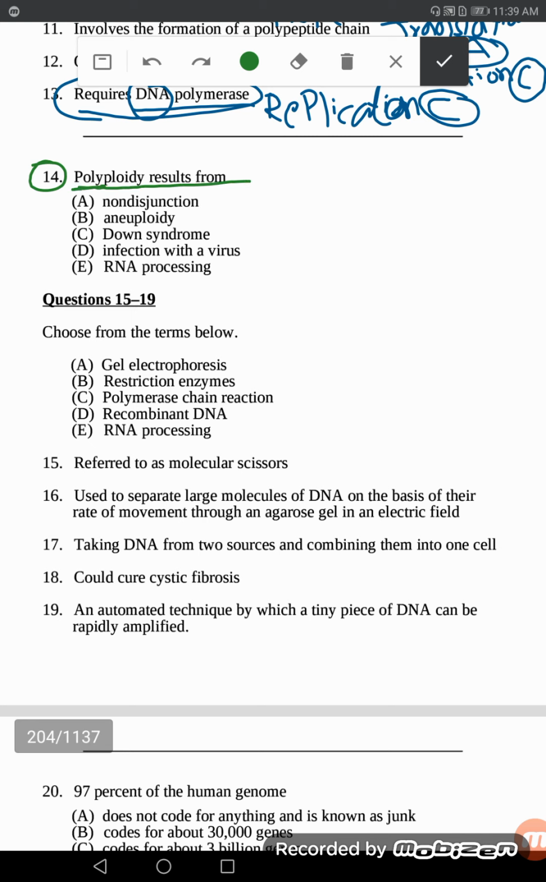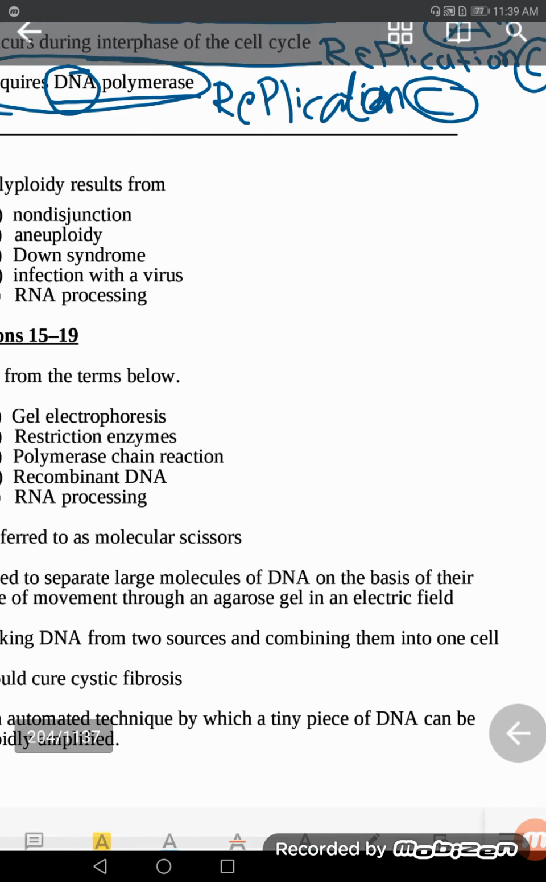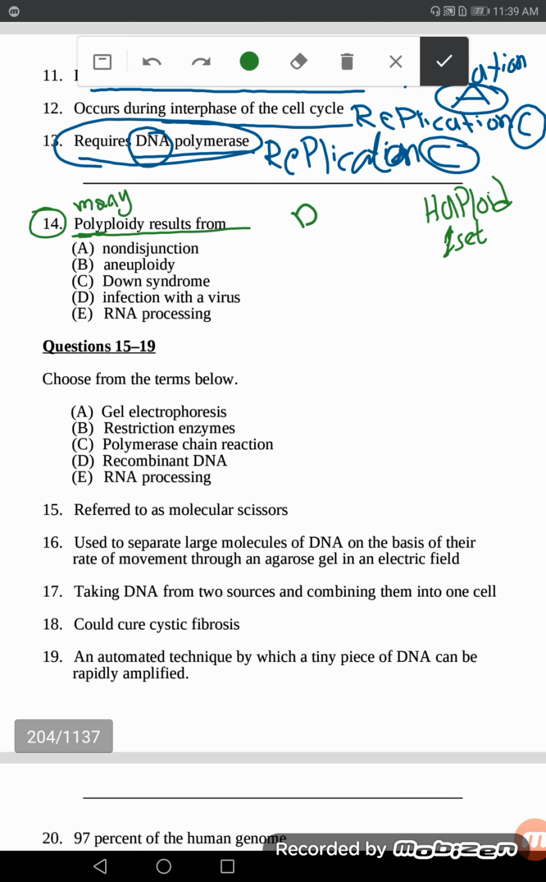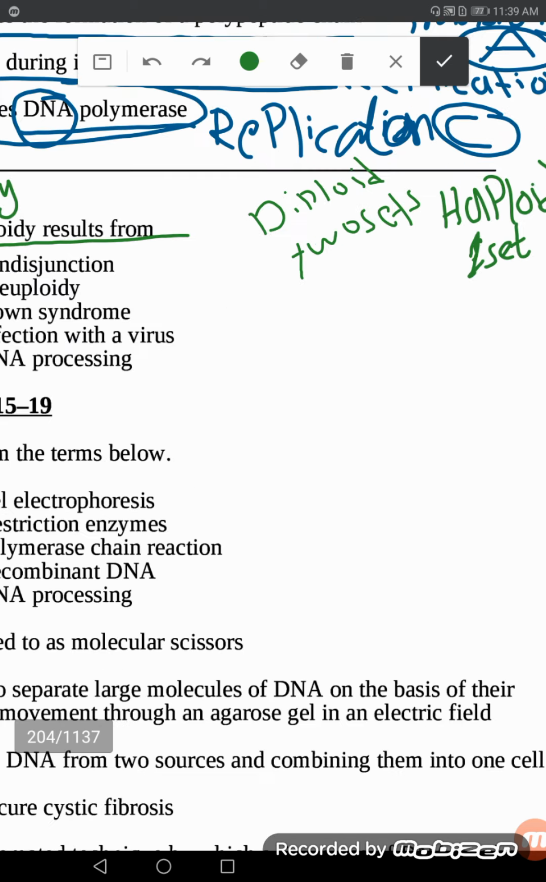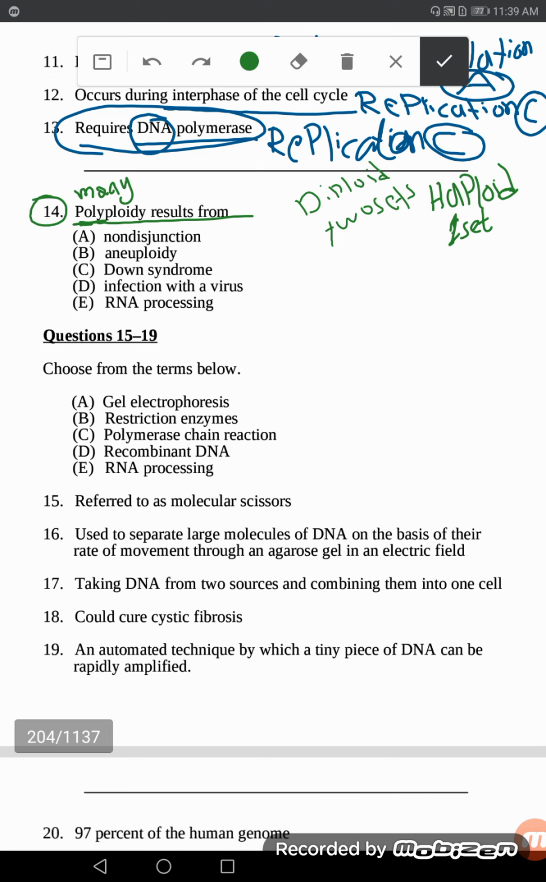We have to know what we mean by poly. It means many. As you know, in human beings we have haploid, which is one set, and we have diploid, which is two sets of chromosomes. While polyploid means many. It may be 3n or 4n, and this results when we have